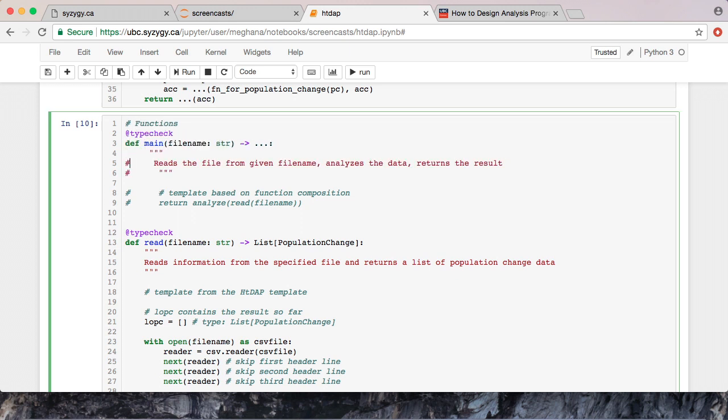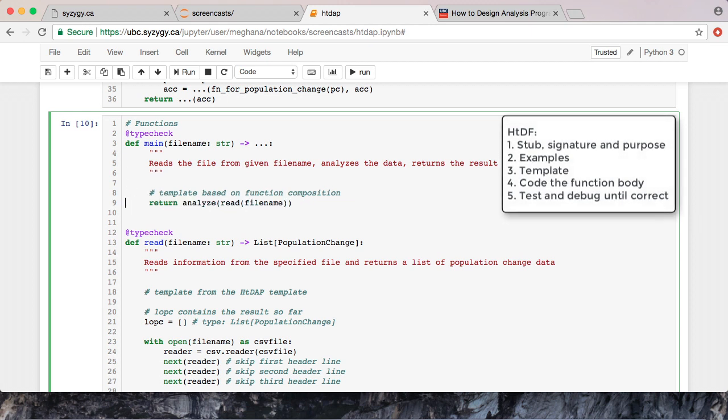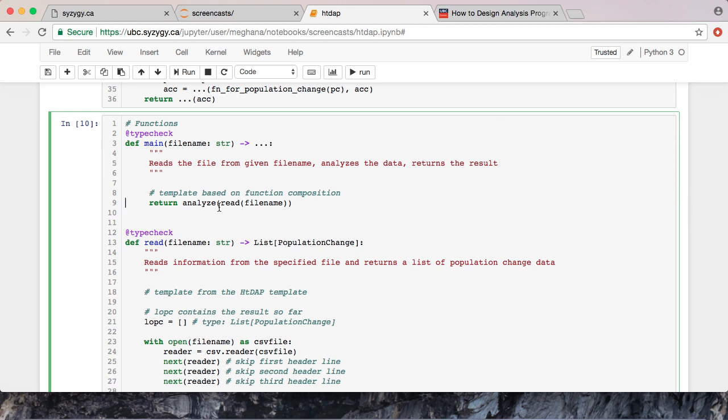Following our How to Design Functions recipe, first I need to do the signature, and I need to remind myself what this could return. There's a couple of places I could look for this, and they'll be in the planning phases, because that's where we decided what our function was going to do. I could look at the example in step 1c, or I could look at the question that we're going to answer. I remember that I want this function to return an int, an integer for the year. Now I'll write the purpose. Reads the file from the given file name, and returns the year with the largest population growth as a percentage.